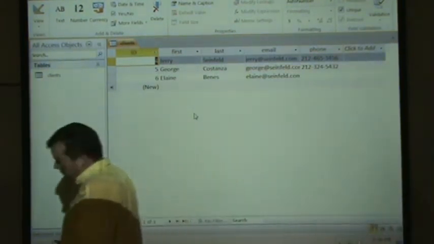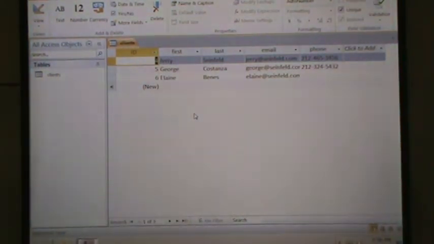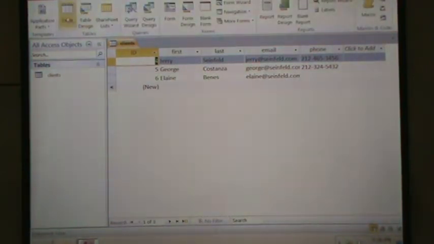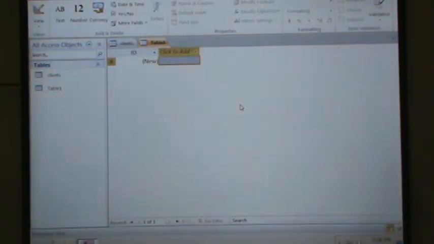Okay, so we're done with this table for now. Now we'll make a table of services that we provide. We can just go to create and then hit table, and now all of a sudden we're ready to make a new table. For the services we provide, we'll have a service, a price, and how many minutes it takes, how long the service takes. So the service can be like hair,